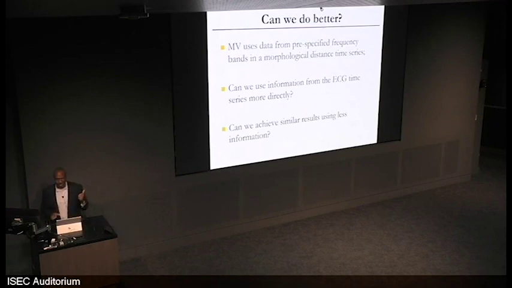All of the data that I showed you before required about 10 hours at minimum of continuous ECG data, which is routinely acquired, parenthetically, for patients who come into the hospital admitted with an acute coronary syndrome. But it's still a fair amount of data. Do you really need all of those data? And do you really need to look in the frequency domain and do all of this other stuff? Can you directly use the raw signal without as much pre-processing?